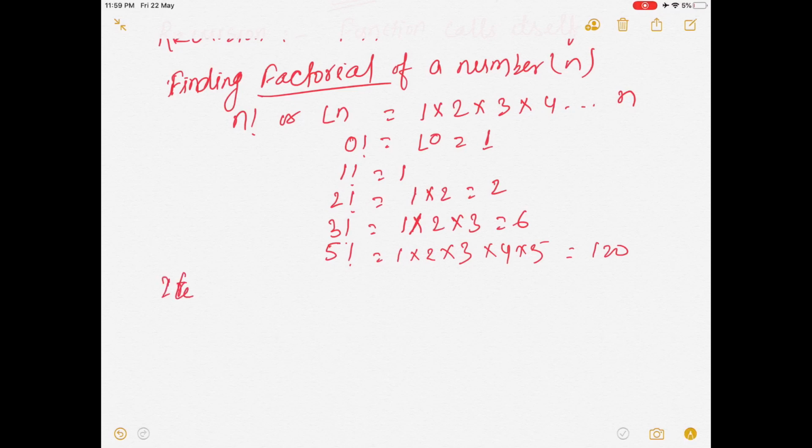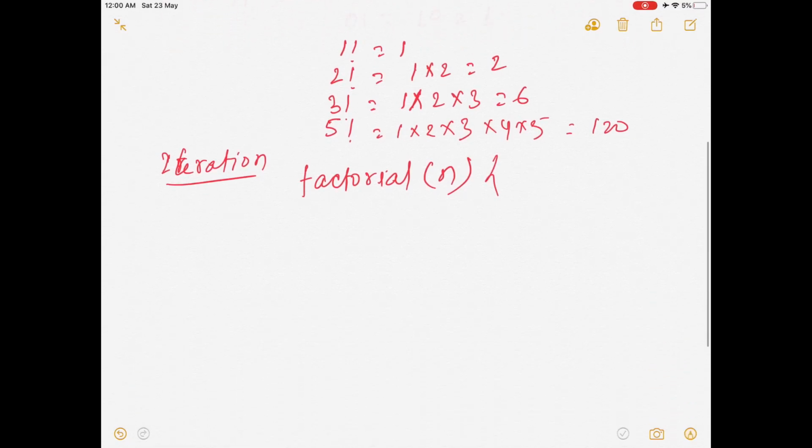Now I'm using the iteration method to find the factorial of the number. So let's write a function, we name it factorial, we pass the number itself, and inside this we are going to use two integer variables.